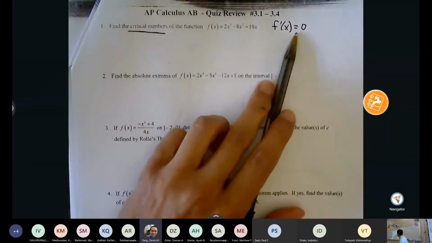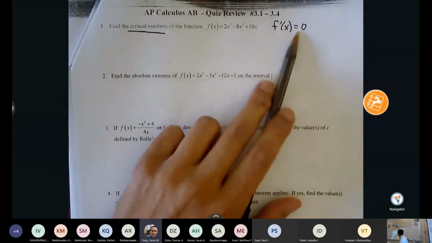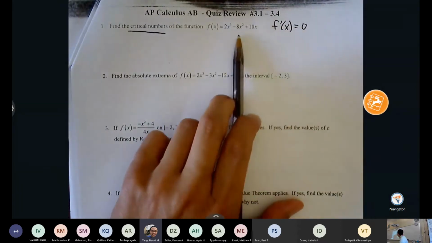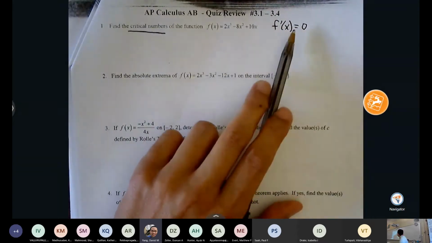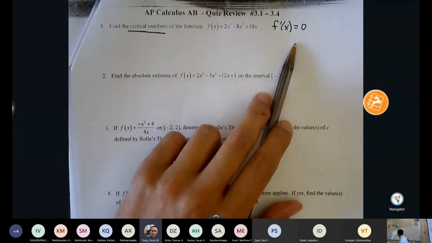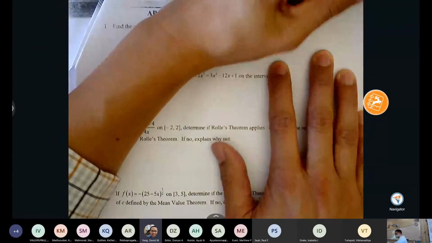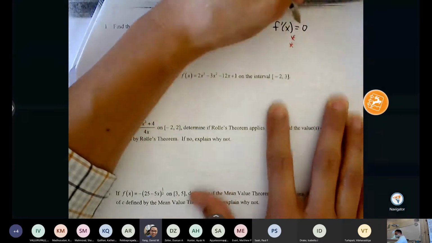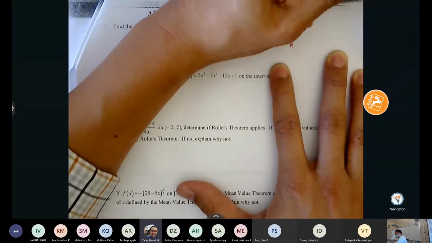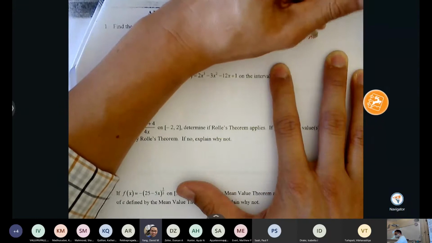But I do want to highlight a couple of things here. We're dealing with a polynomial, so we don't have to worry about the denominator. But what if there was a denominator? How would you find critical points that way? Set the denominator equal to 0. As well as the numerator. Okay, so we got to look at both locations. In this case, it's not going to be an issue, just the numerator, but just want to make sure I include that statement. So we're going to make sure we set the numerator equal to 0,